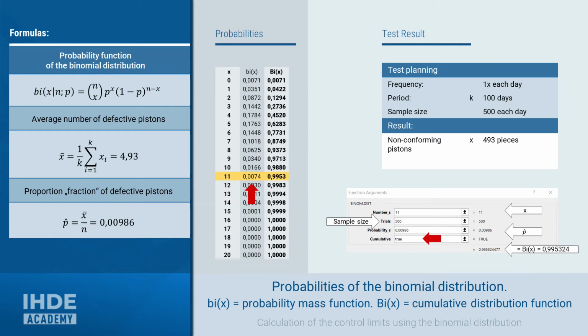If you set the cumulative field to false, the individual probability is calculated that exactly x defects will be found. Here, small bi of x with the value of 0.0074 as seen in the table. The probability of finding exactly 11 non-conforming in a sample of 500 parts is